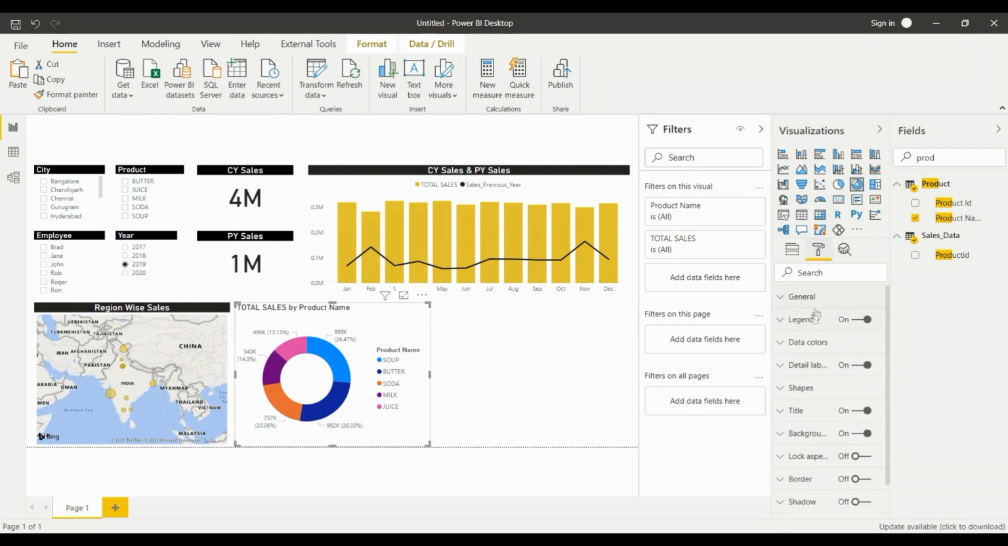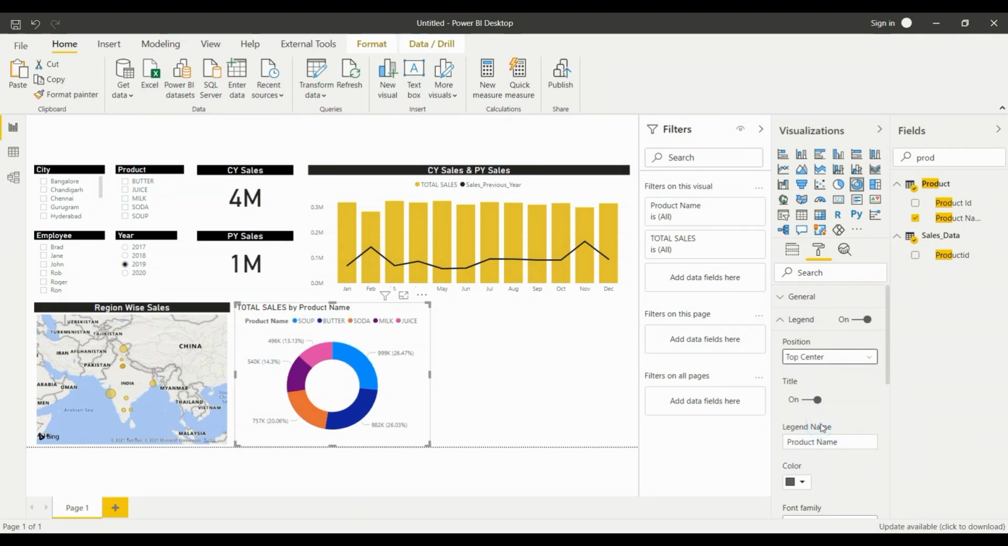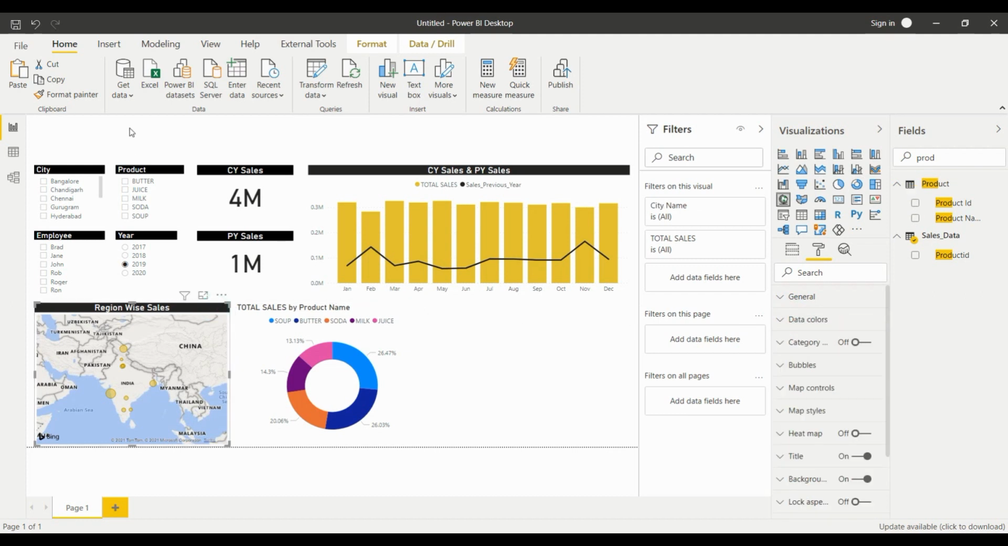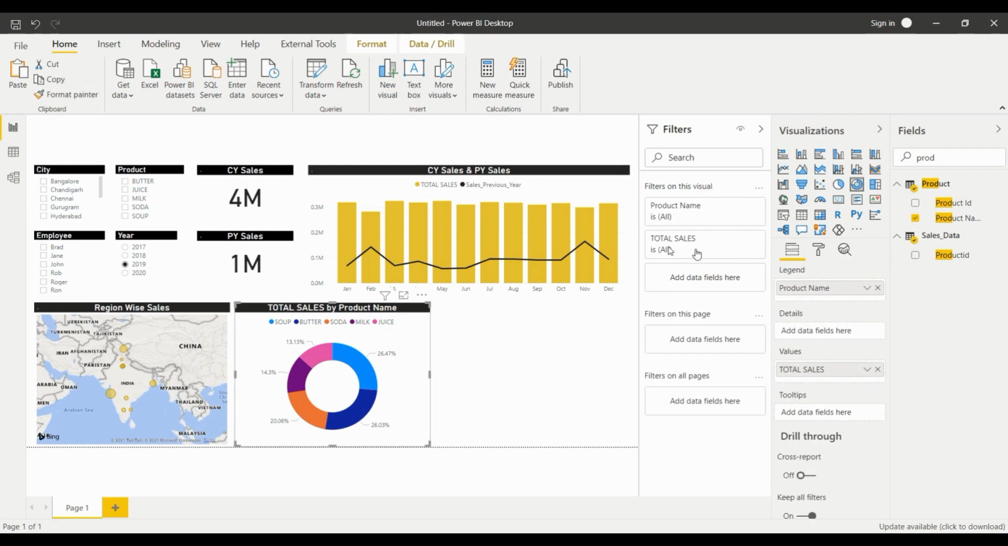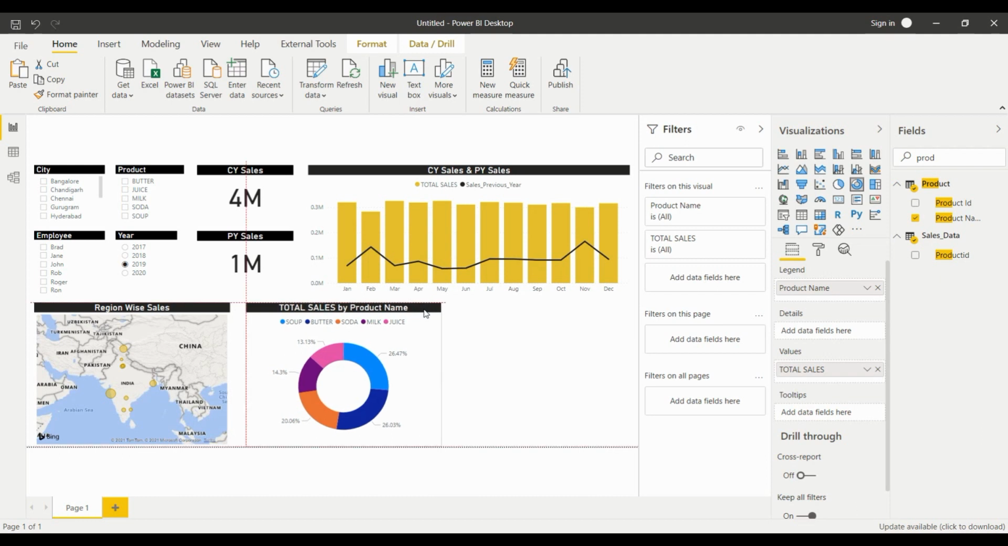Let's format it to clean it a little more. We will change the legends to top center. Then we will go to detailed labels. We will only show the percentage contribution of each product to the sales. We will close the title of the legend and then we will copy the formatting from an existing visual. We will have to close the title of the legend again. Now this looks good, but we can actually do the same thing using custom visuals as well, which can be